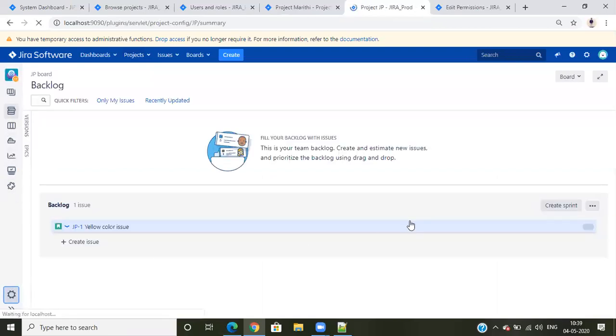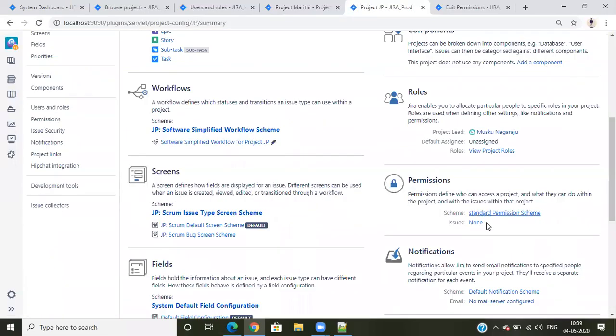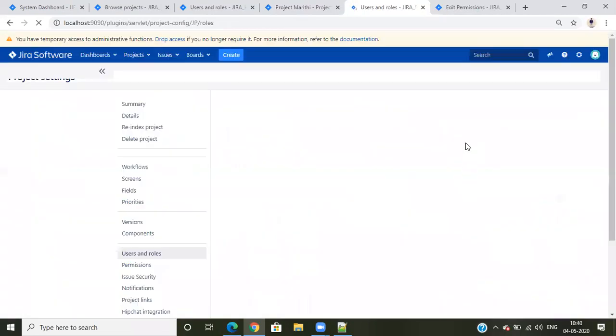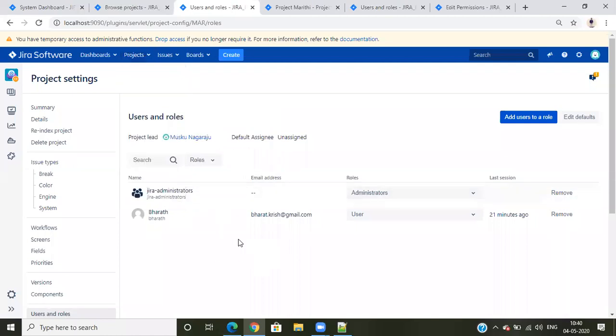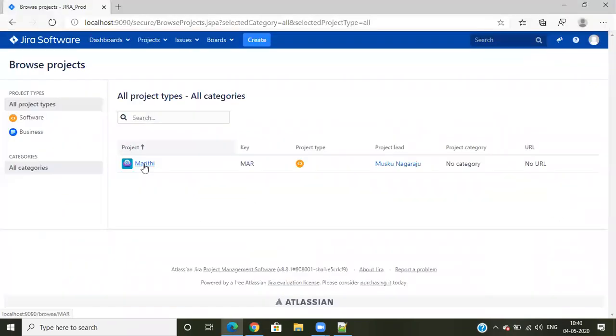Bharat is not in these project roles. This is the JP project roles. See here, Bharat is not here. So Bharat cannot access the JP projects. Bharat is a member of only the Maruti project. So he can access it. So if I click on the Maruti project,